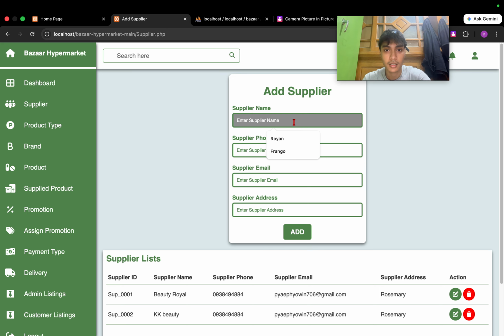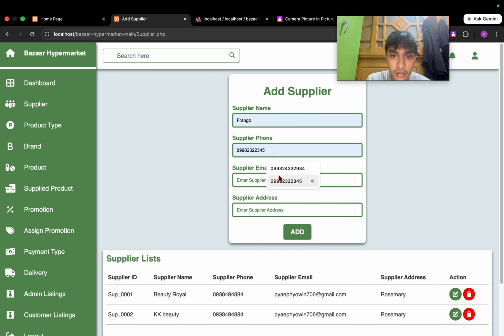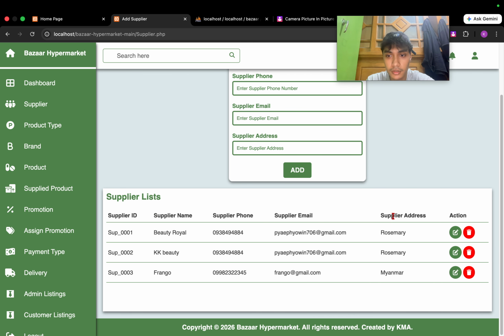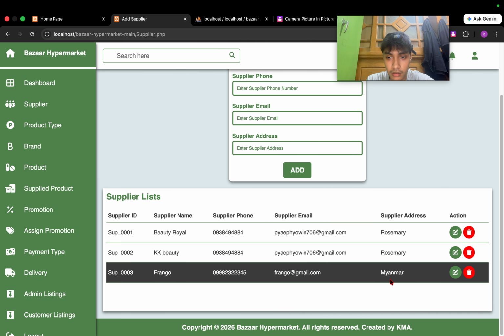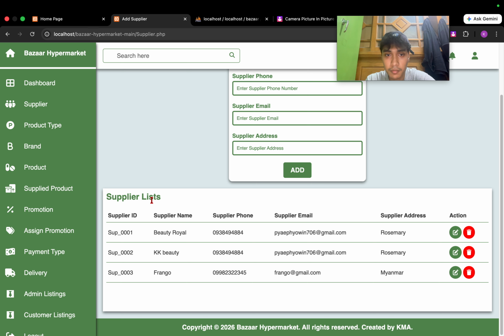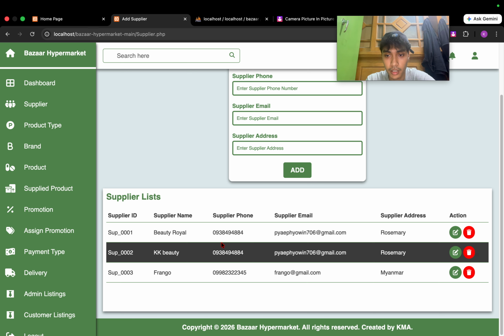For example, supplier name, phone number, email, address. Click add. Adding supplier successfully. This allows the system to keep supplier information up to date.